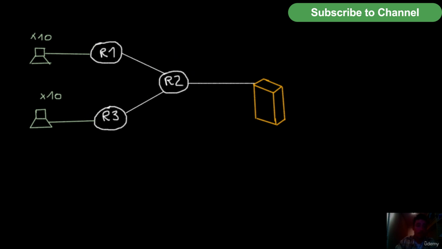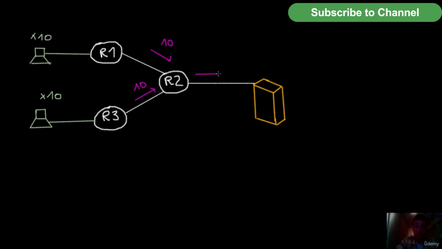So in this case, why is R2 a bottleneck? Well, because if we are sending data at 10 megabits per second here, and 10 megabits per second here also, remember all of the data links, also this one and this one, have 10 megabits. So here we also have a maximum speed of 10 megabits. However, here we have 20 arriving in total, because 10 from here, 10 from there, so 20